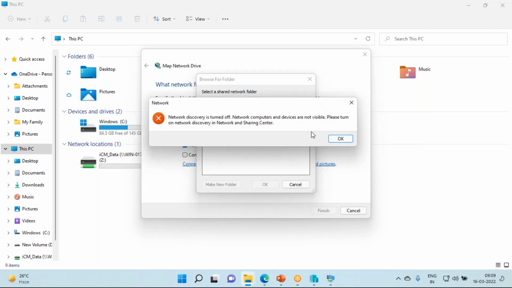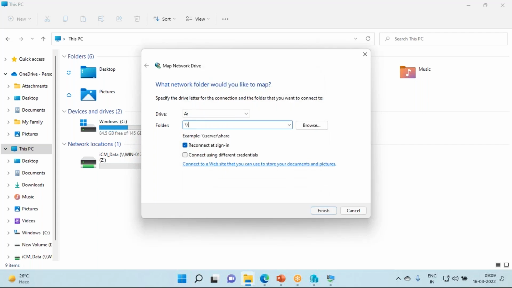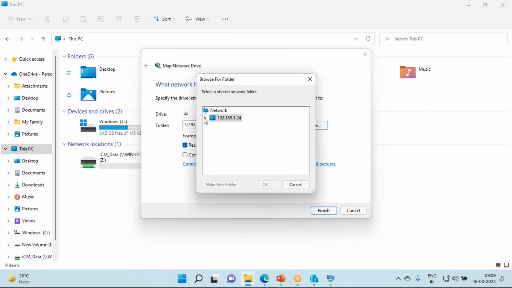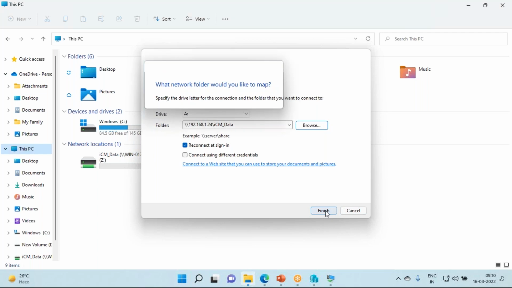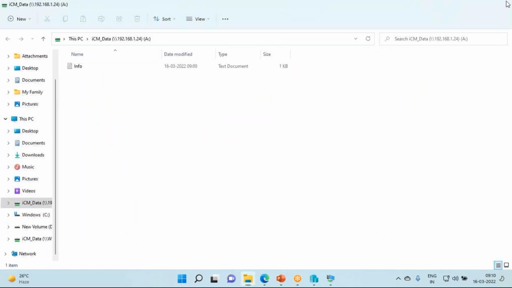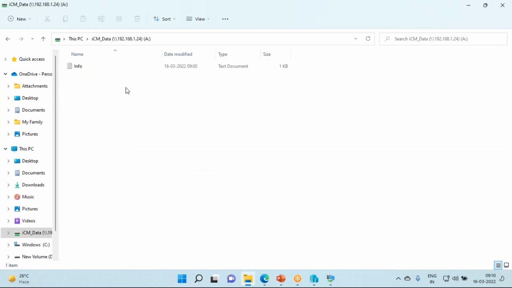In network, it is not showing anything. So just give the IP address or computer name, 192.168.1.24. Right? Click on browse. You have ICM data, select it. Okay. Then finish. This another drive got created. The size is 10 GB because